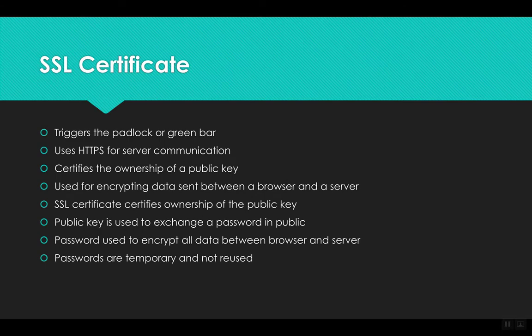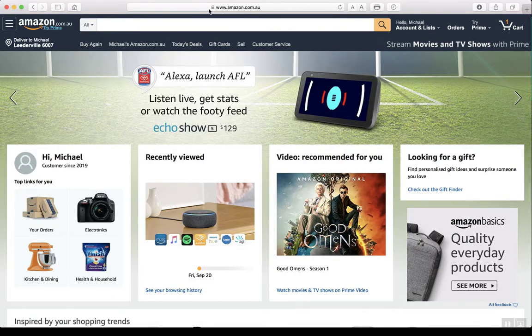When a client requests an SSL certificate, you'll see the padlock or green bar up the top, and you typically see HTTPS. It certifies who owns the public key that's being shared with the SSL process, and then confirms the exchange of the public key in public, and then it uses this password to encrypt all the data between the browser and server so they can send the communication in a secure manner, and these passwords are not typically used. So if you look at Amazon, you can see that there's a green or padlock bar up here,